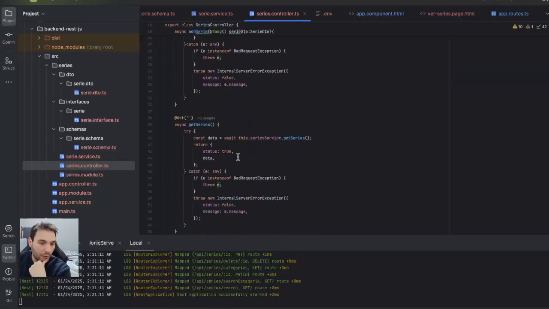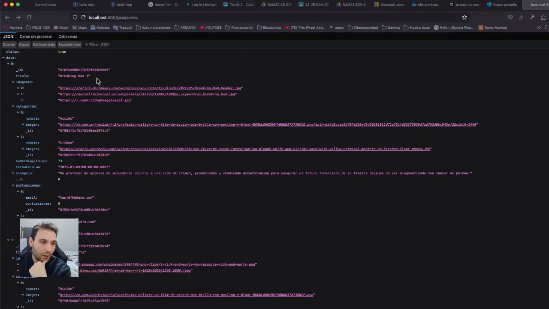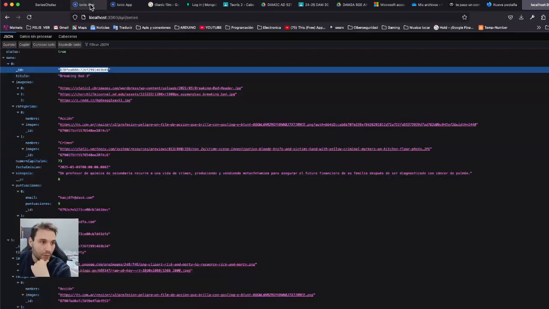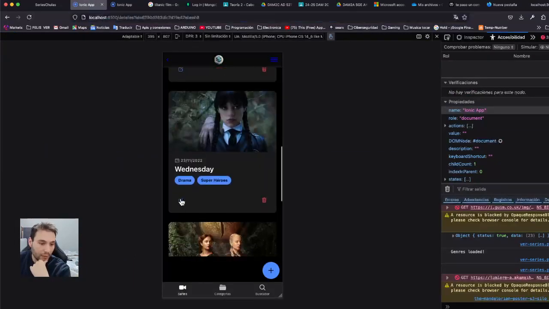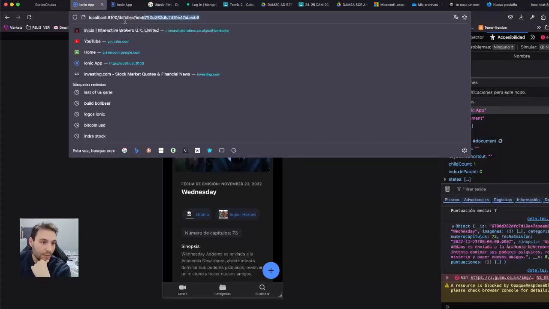Here we are controlling the different endpoints. As we can see, here we are demanding the ID of a series. We are passing this through the API via the URL, because we communicate through HTTP requests, and we can use this to communicate with it. Actually, if we click here, here we have it. You see, we demanded from the API the ID of this series, and